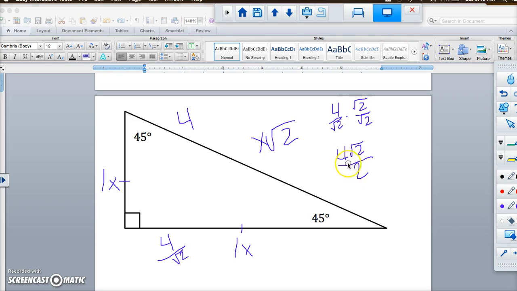But look at this. This one will reduce, whereas last time it would not reduce because 4 divided by 3 doesn't reduce. This one reduces. 4 divided by 2 is 2. So if you can reduce it, you need to. So instead of this, the answer is 2 square root of 2. And that will also be the length of this side, 2 square root of 2. And again, we're going to put that